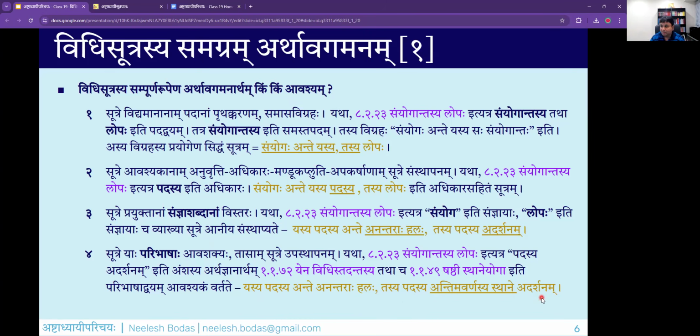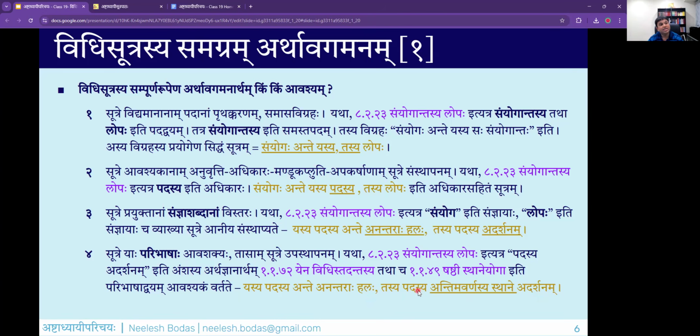What is the kriya over here? Technically, the correct kriya over here is bhavitum arhati. Bhavati tina, bhavitum arhati. When a pada has continuous hal letters at the end, the last letter of that pada is eligible for removal, is eligible for elision. Why do we say eligible? Because we still don't know whether the particular sutra will act in that particular location.